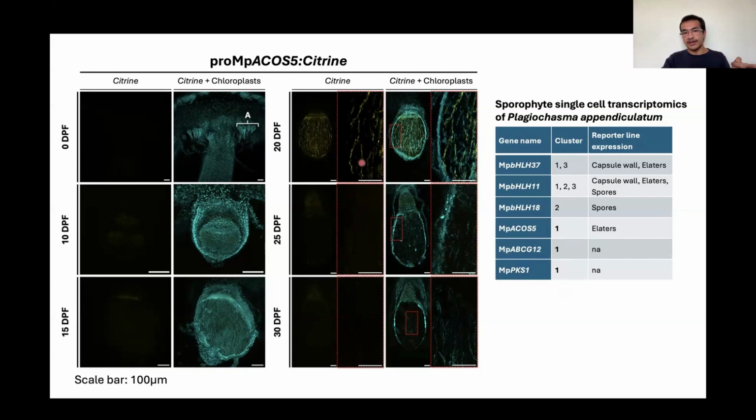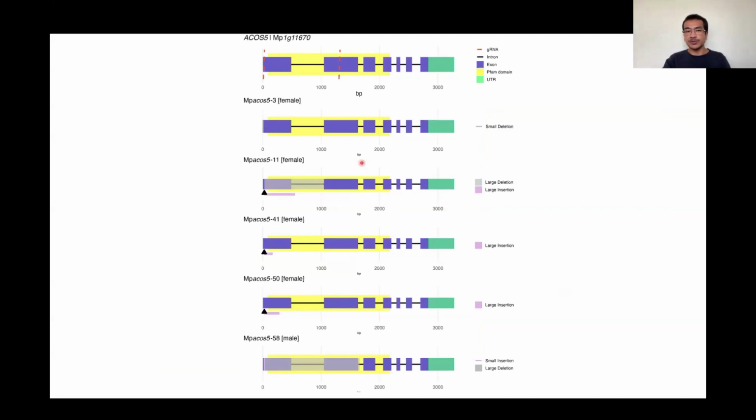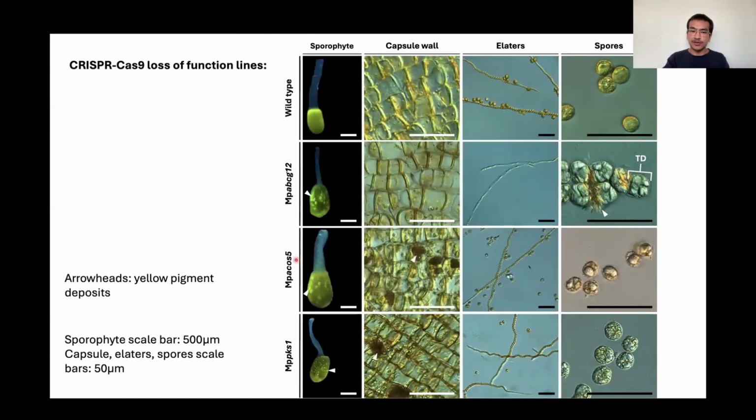What we can do is look at knockout mutants of these genes. And in the Bowman lab, a lot of our Marchantia polymorpha mutants are made with CRISPR. So we just design guides targeting the gene across conserved protein domains. And we isolate full knockout mutations like these, and we look at how they affect sporophyte development. And looking at all three knockouts of these genes, just looking at the sporophyte, the most obvious defect initially is